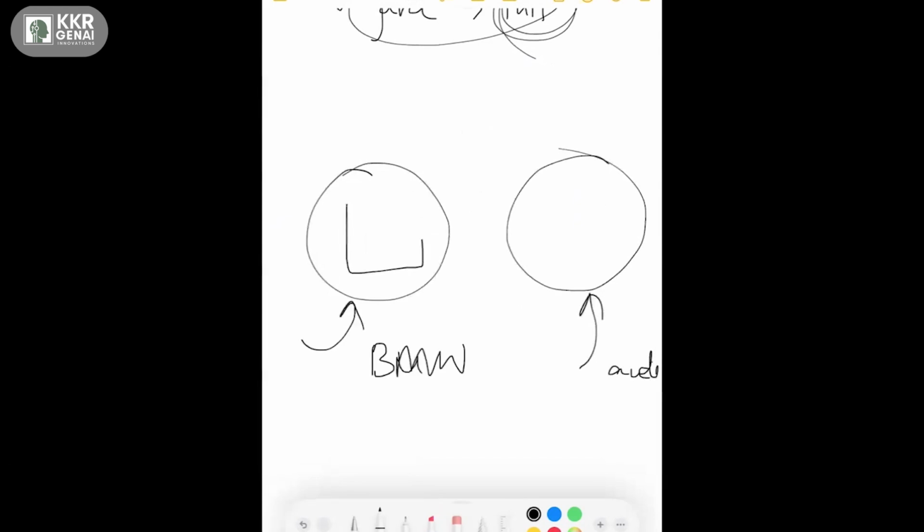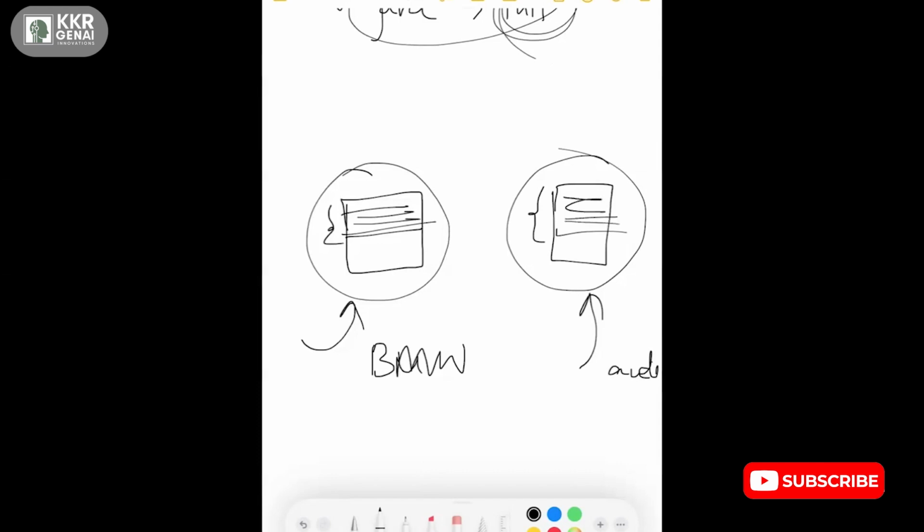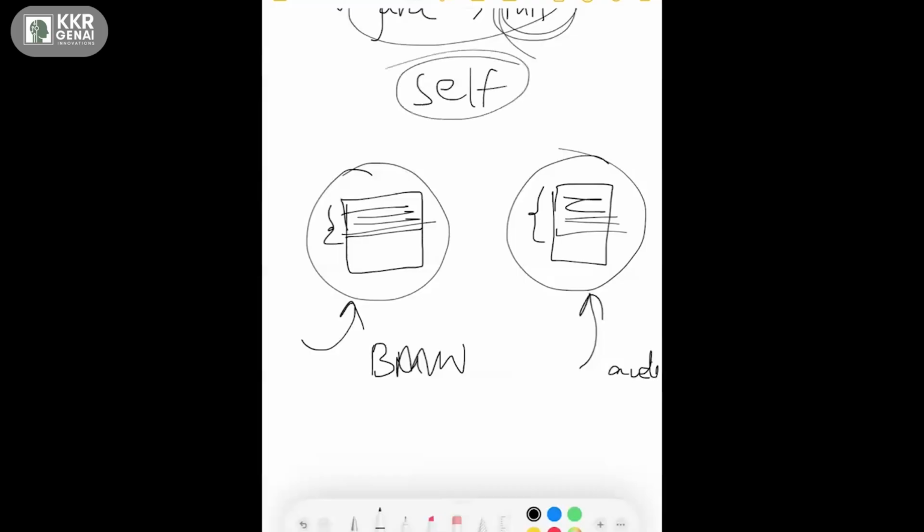I have some set of properties and some methods associated with BMW, and you'll have some set of properties and methods associated with Audi. What self does is that self will always point to the current object.